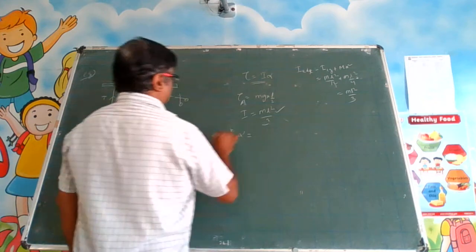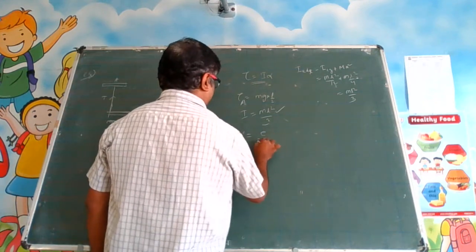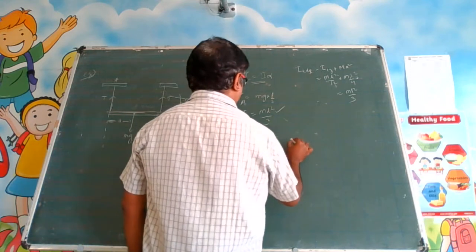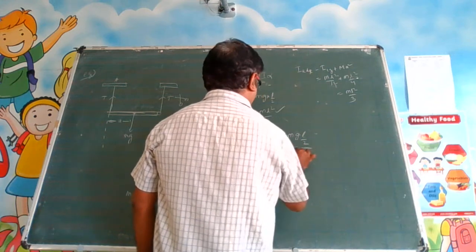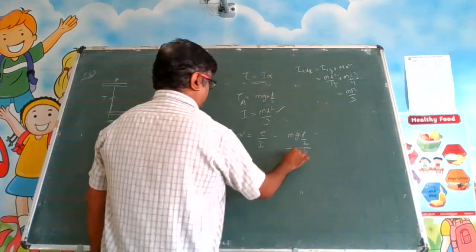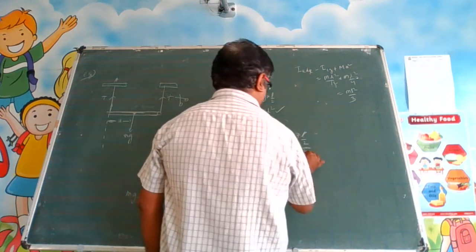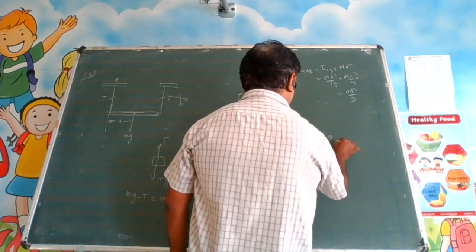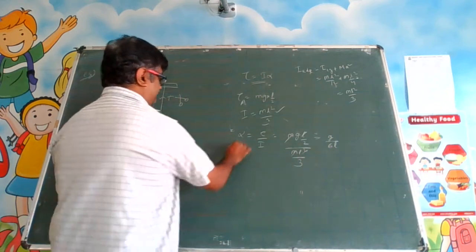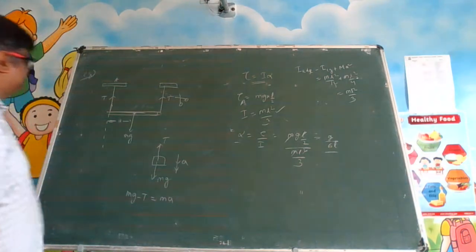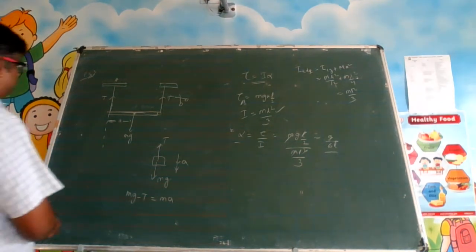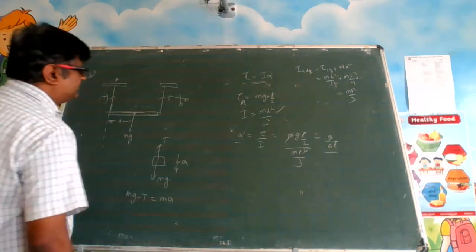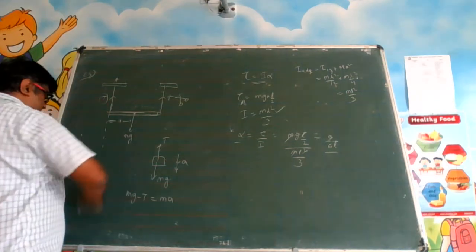So here you are going to get alpha is equal to tau divided by I. So if it is tau divided by I, tau is how much? mgl by 2 divided by ml square by 3. M cancels, one L cancels. So it is G divided by 6L. So alpha value is G divided by 6L. Okay. Is this what we are looking for? No. So we have to calculate this torque value, isn't it? We have to find the tension value.